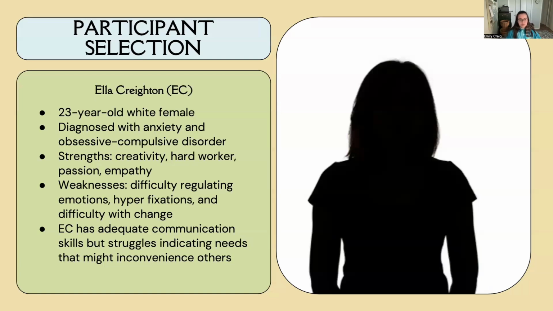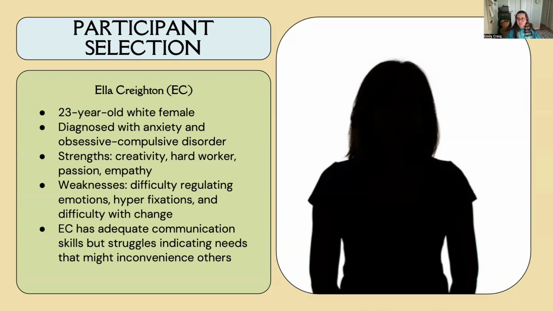So for my participant, her name was Ella Creighton, or EC for short. She's a 23-year-old white female. She has anxiety and OCD. Her strengths include she's creative, she can be a hard worker, she's passionate, and she's empathetic. Weaknesses could be difficulty regulating emotions. She hyperfixates on a lot of things and has difficulty with change. As far as communication skills, she has pretty good communication skills, but sometimes has a hard time sharing her needs